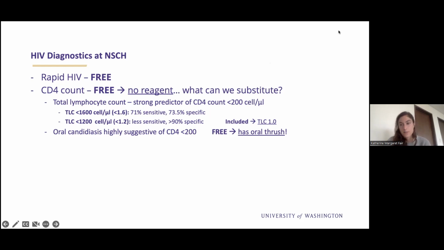So some other predictors that we can use to see if people are responding to their HIV treatment or adherent to it, we'll be looking at their overall lymphocyte count, which is not super sensitive or specific, of course. But once it gets really low, it can be pretty specific. I've heard before and read in textbooks that oral candidiasis can be suggestive of CD4 less than 200, but take that with a grain of salt. Some of our experts at UW are less convinced that that's the case, but of course looking for other evidence of OIs, things like KS lesions,